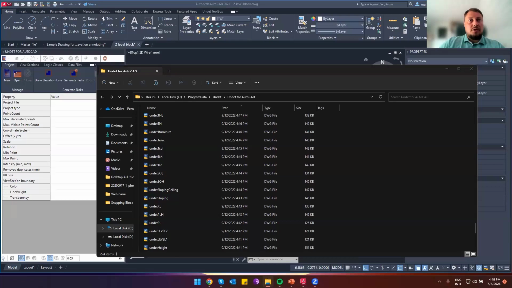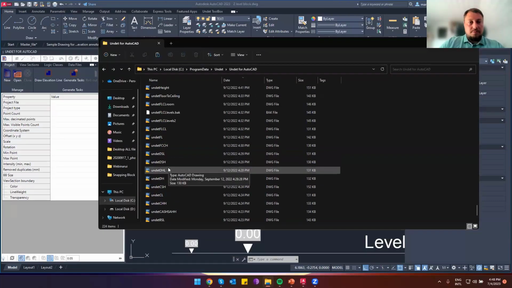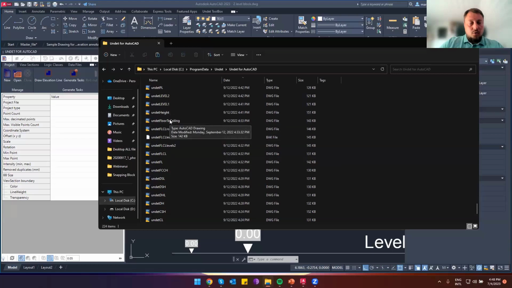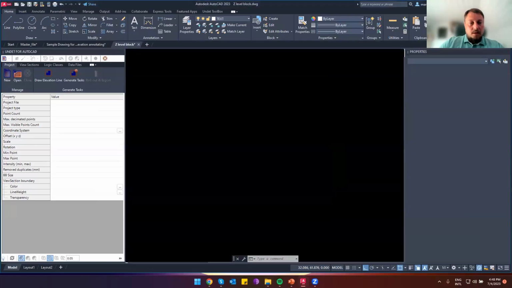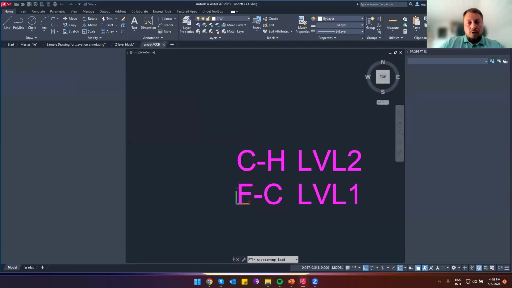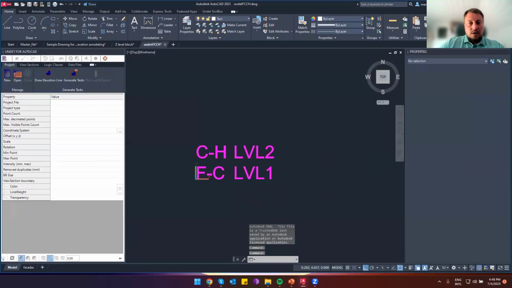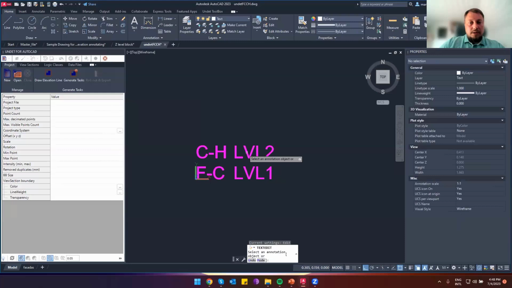Another question: here's a way to customize with dynamic blocks, for example a door or window. Of course, yes, the same procedure. You can open the Undet block for placing floor to sill to window head. As you can see how this block is looking, the level 1 and level tag is